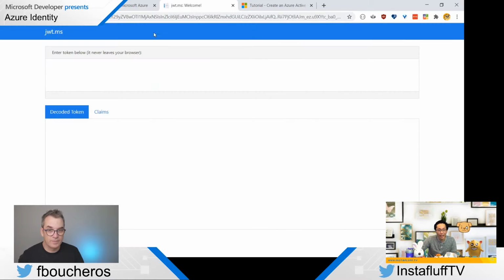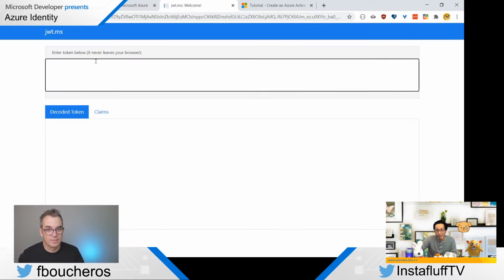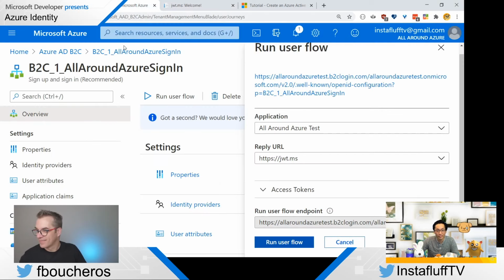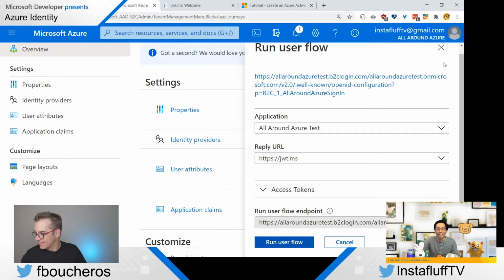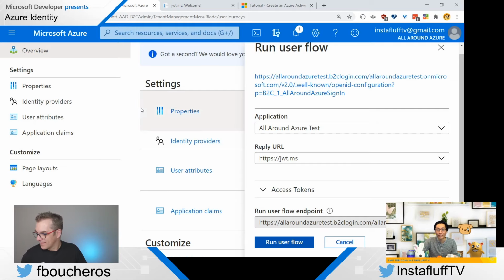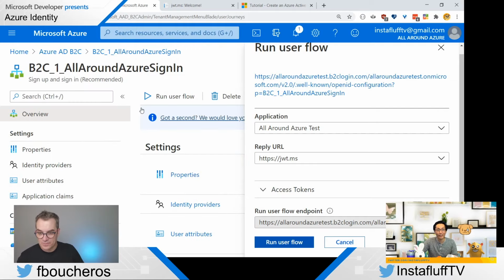It logs in. I don't know why it's not decoding it though. There might be a different setting that I have to do. I can't remember this part because we did it with the custom Twitch OAuth, and so I'm gonna see if we can get that to work this time. Let's see. So yeah, we can then plug this in with the .NET Identity Framework and use the authorized attributes. I think so.